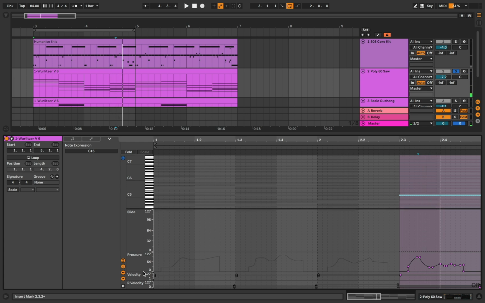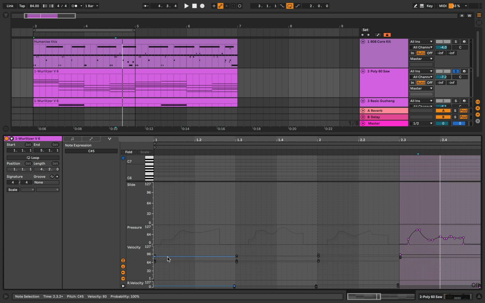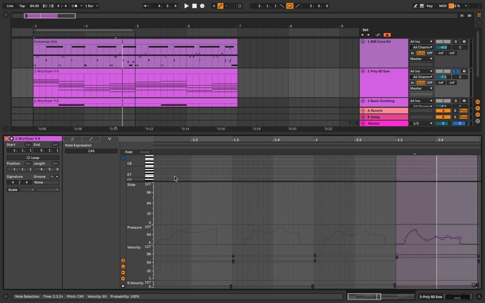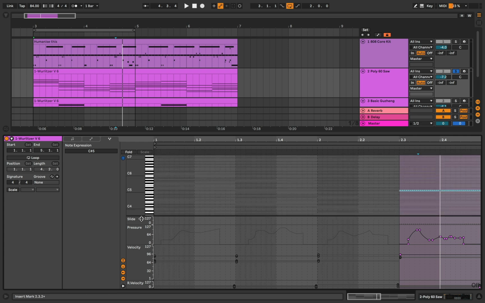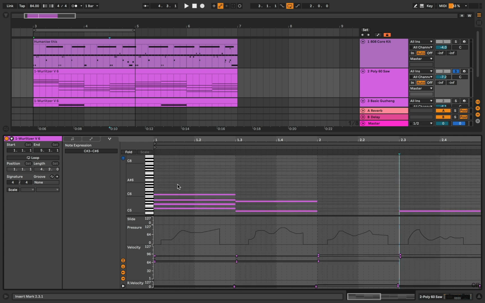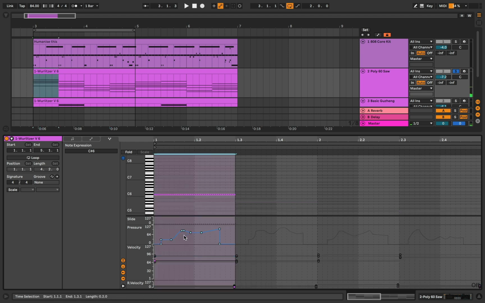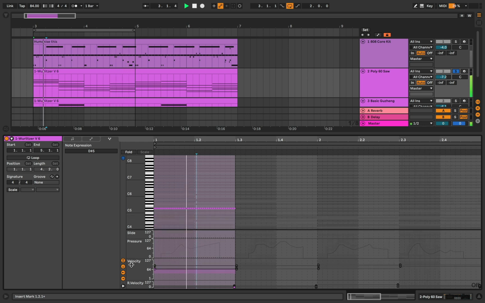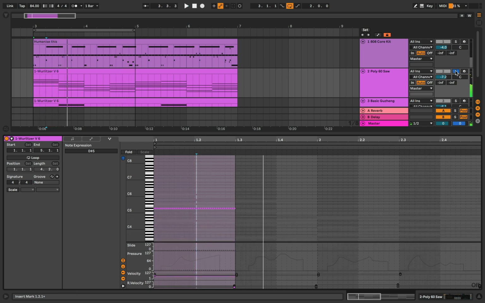You can further expand your expression lanes to really get in there, and you'll find that these breakpoints behave pretty similarly to automation within Ableton Live. If a note is moved, its expression envelope will move along with it. And hearing that together,